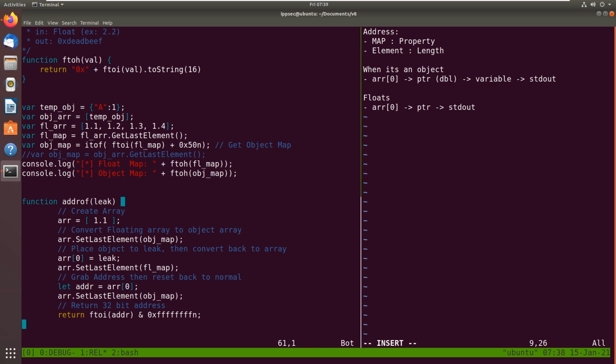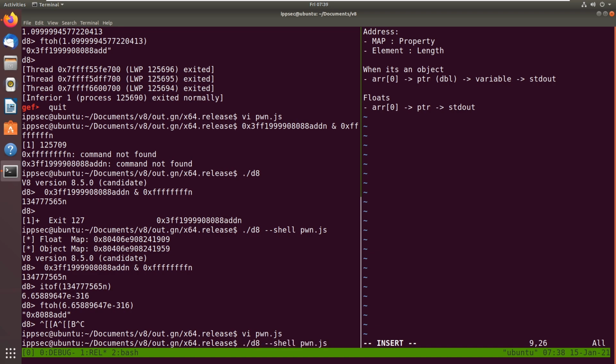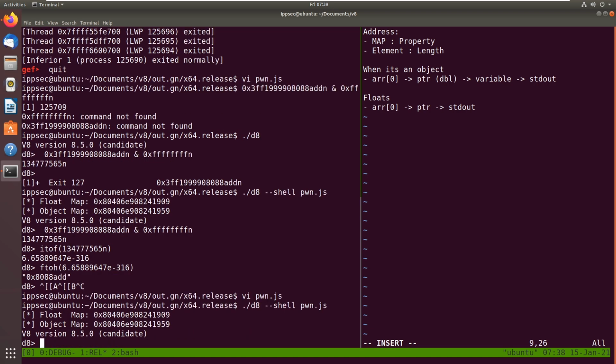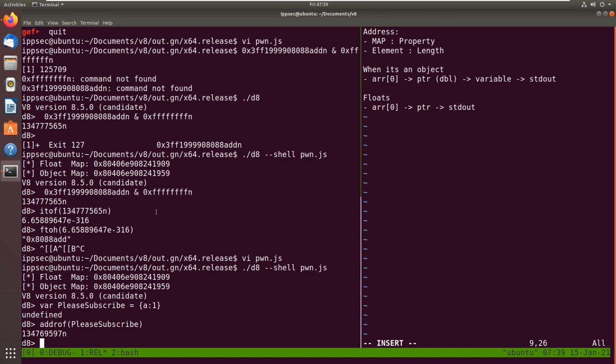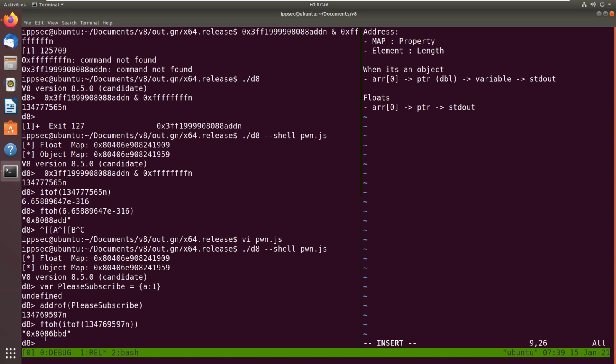Okay, so now we have address of. So we should be able to play with this. So let's do var please subscribe is equal to a1, addr of please subscribe, and we get an int. So we can do f2h, I2f, and that's where please subscribe exists in the memory. We don't have the isolate root, which we will add, but